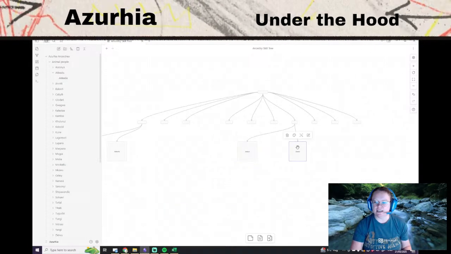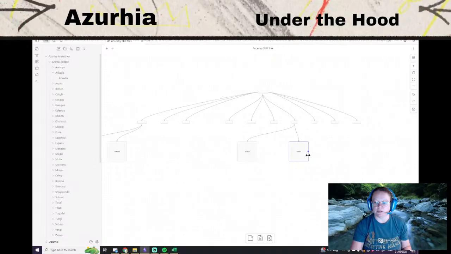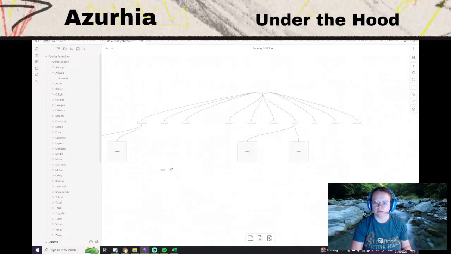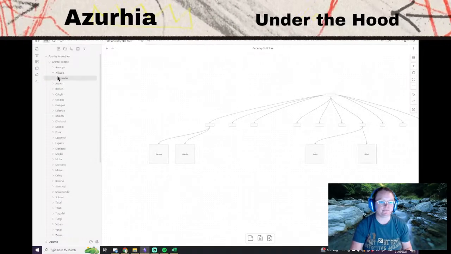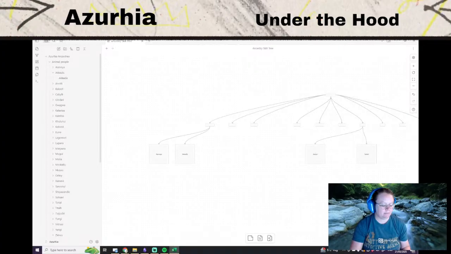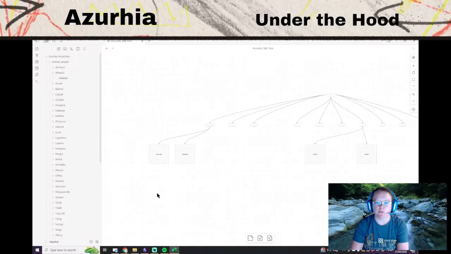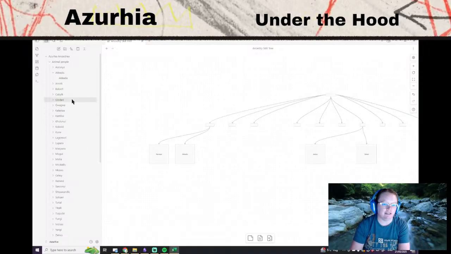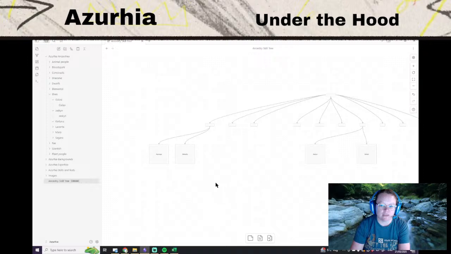Yeah, it means that anything that gets changed or edited or adjusted adjusts everywhere, not just, that's often my problem in World Anvil is I'll change something in one place and then I have to go back and go, oh, I've got to change this in all the other places as well. So